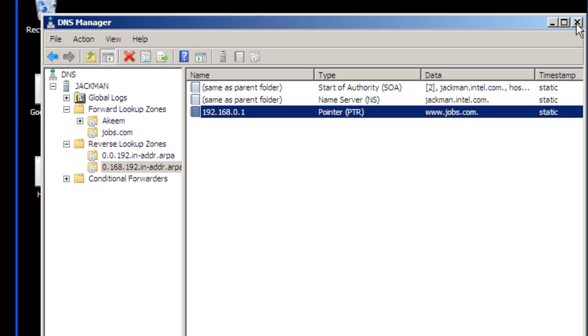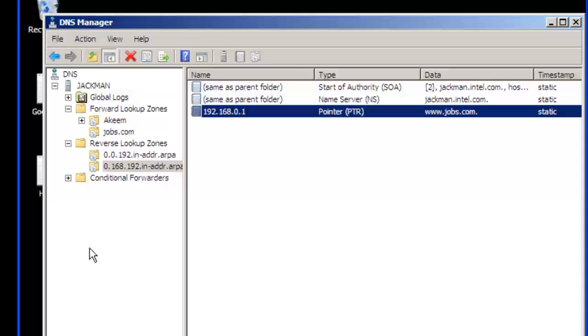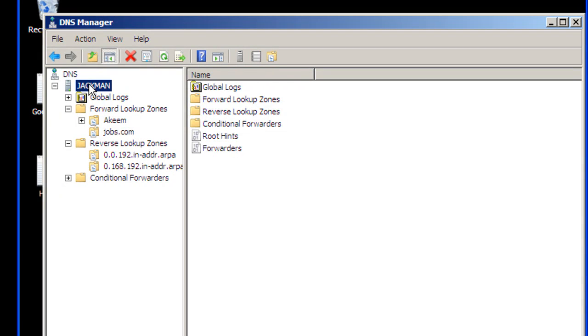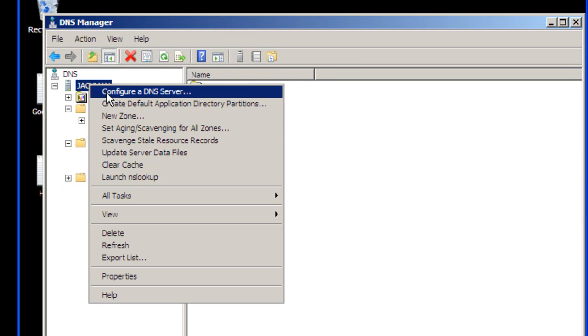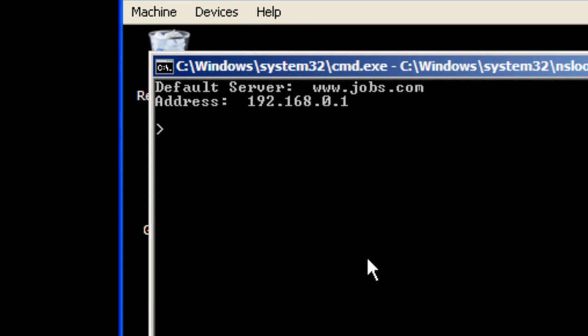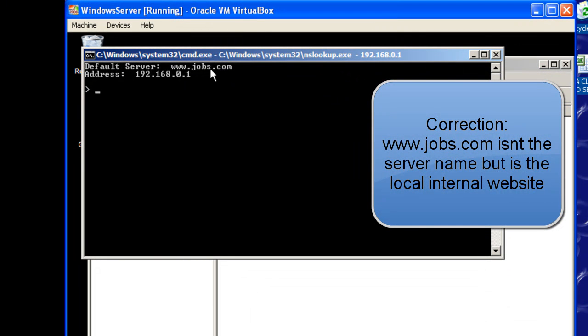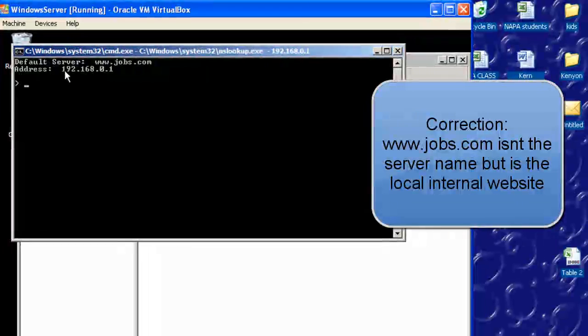Alright, to see if this is working now, we go straight back to the server name, Jackman. I mean Jackman, not .com. We right click and we launch NSLookup. And as you can see, the server name is www.jobs.com, the default server name,